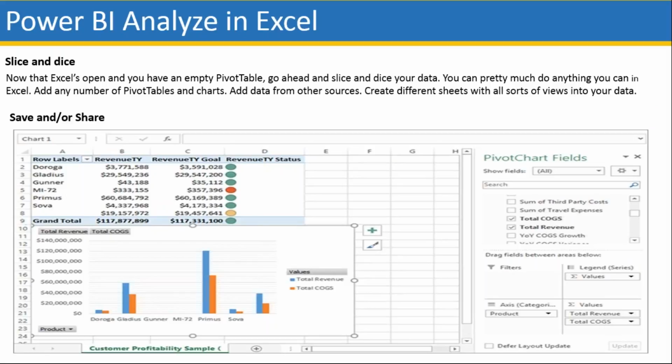The user will get all the required fields from their model on the right hand side of the pane. You will get all the measures, all the fields, and the filters that you want to select, and you drag and drop the respective measures onto the reporting chart